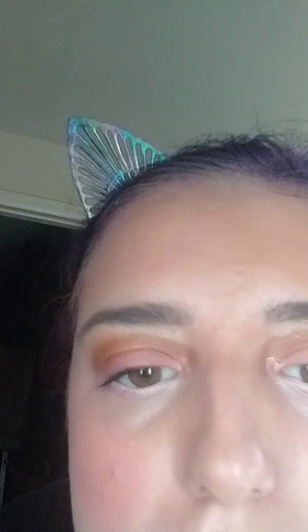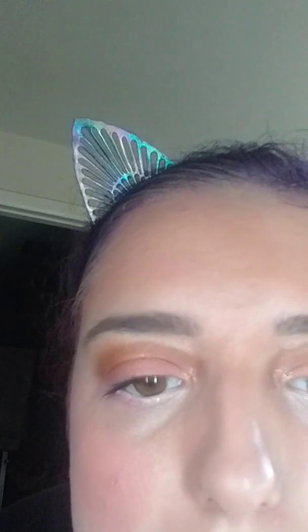So this is in Babe Alert. It's like a peachy nude. And it's a lip plumper. This is the Lip Injection Glossy, and if you don't like lip plumpers, don't use one, even if you're doing lip care. Just put a lip balm or something on instead. I'm just doing this before I put on the next step for my lips,